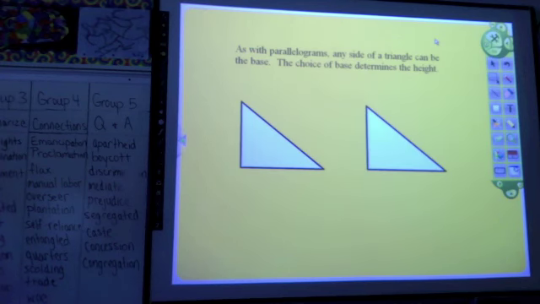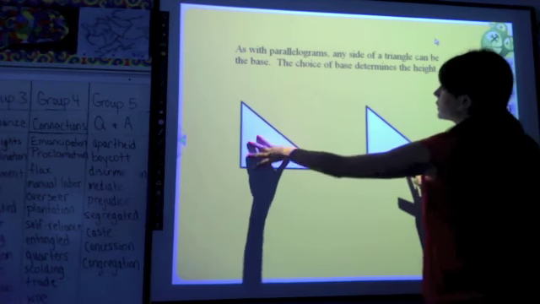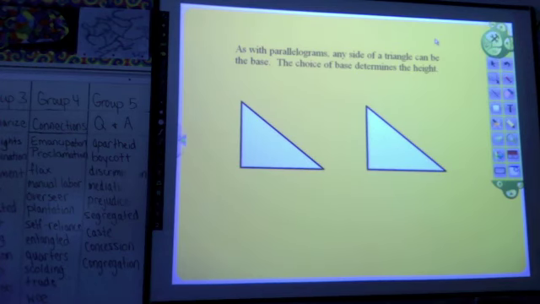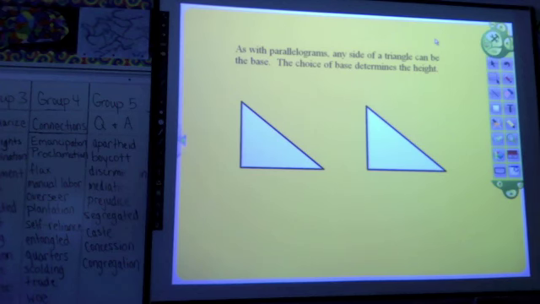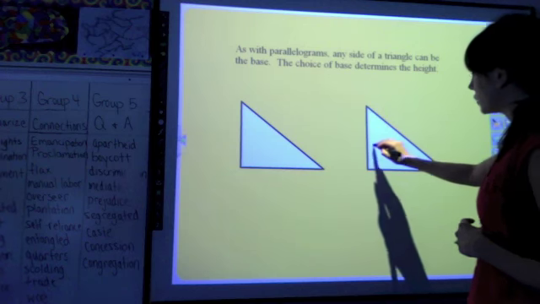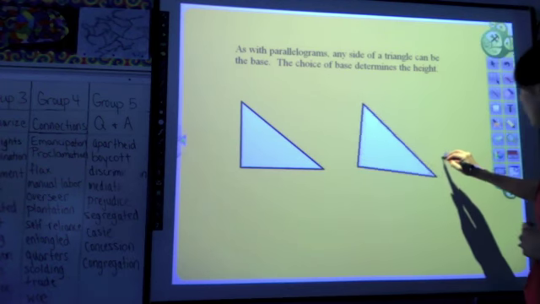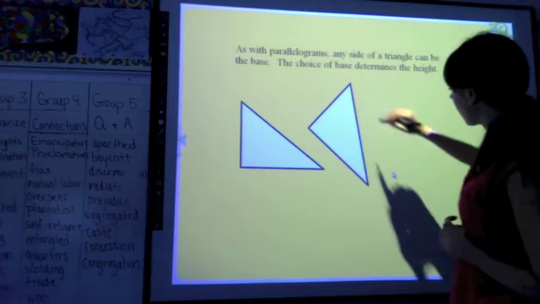Okay, so here we have two triangles that are exactly the same. They're identical triangles, they have the same area. We've already worked with parallelograms, so we're familiar with parallelograms. As with parallelograms, any side of a triangle can be the base. So I could take this triangle right here, which is identical to the first triangle, and I can turn it around